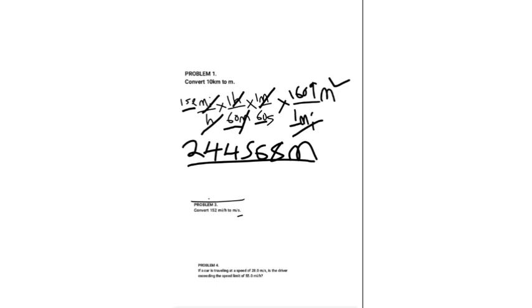So 60 multiplied by 60 is 3600. 3600 multiplied by this one here, we are just going to have 3600. Of course, we have the second as the unit. Okay, so the second. Now, what is this value divided by 3600? What are we going to have? Okay, so we are going to have